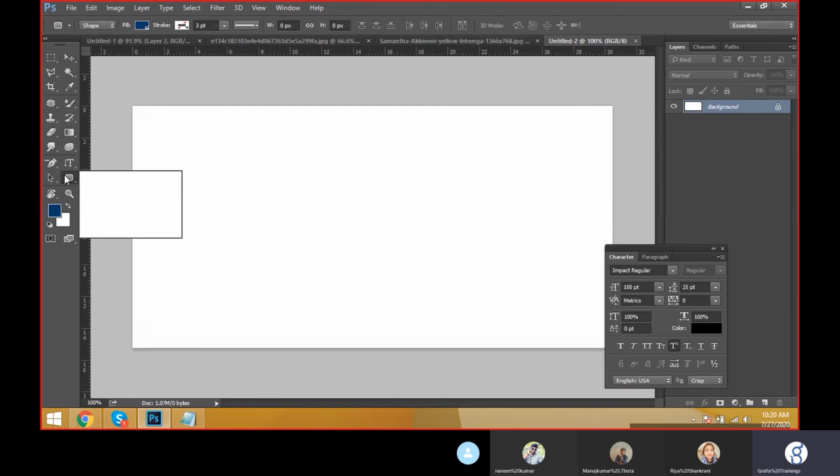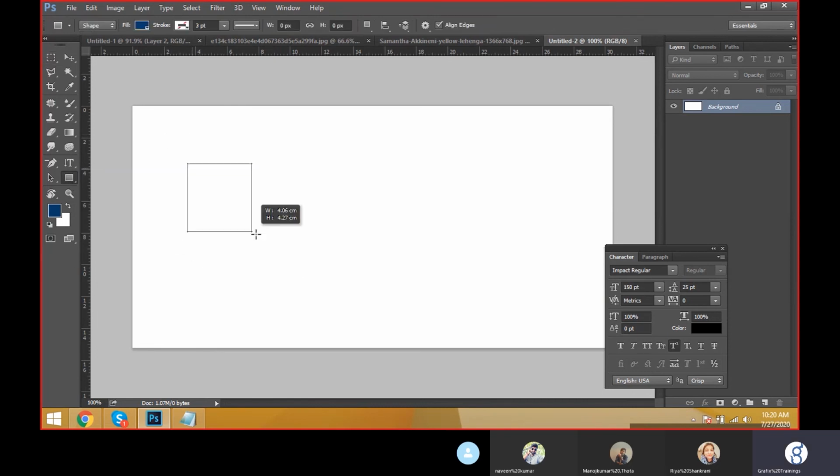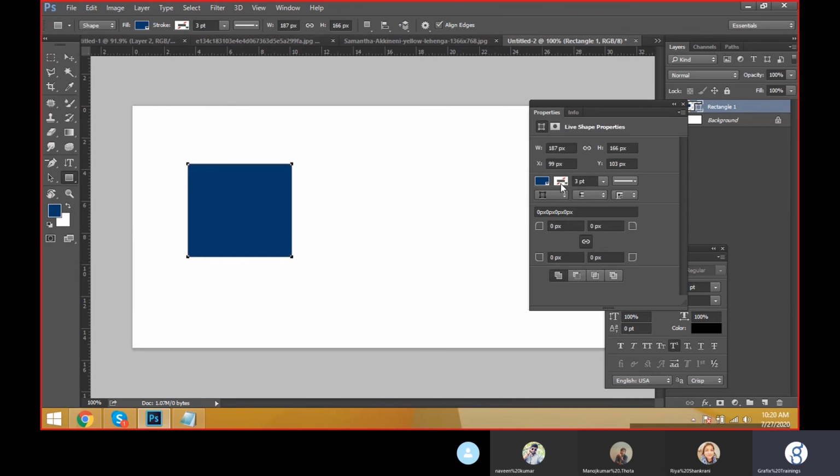Okay, come here. This is called the rectangular tool. What is the rectangular tool? And we have a rectangular marquee tool here. This is a selection. We can't change the shape of the selection. But with the rectangle tool, we can change the properties. I need rounded corners.